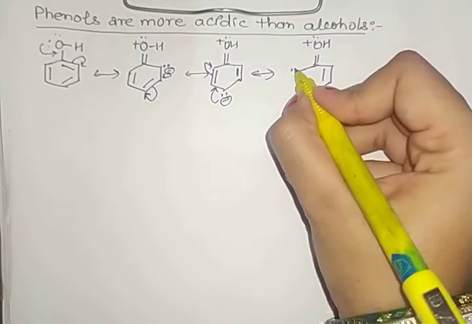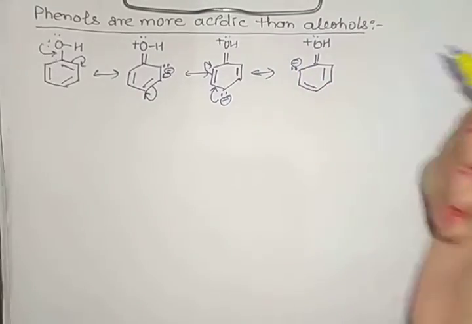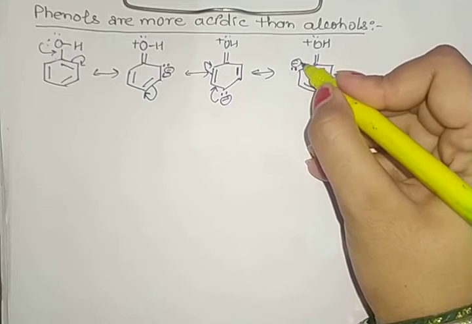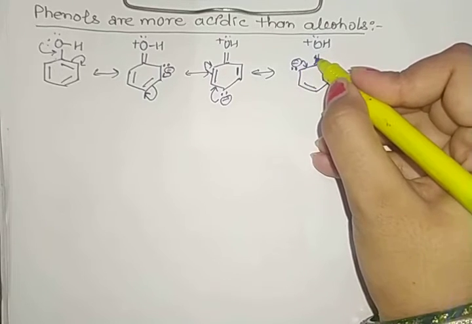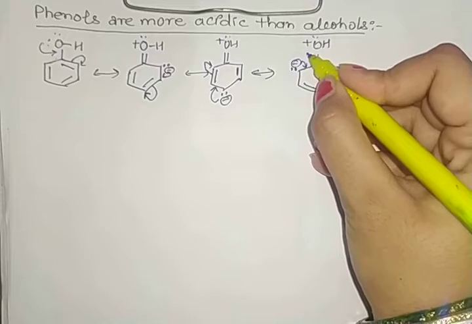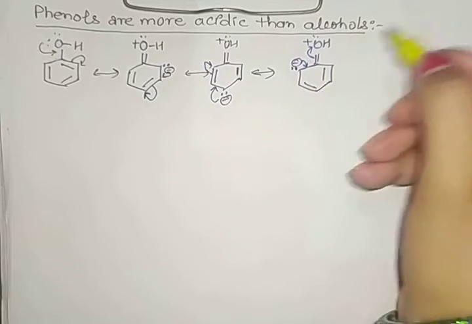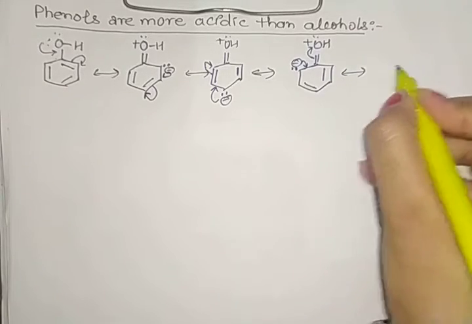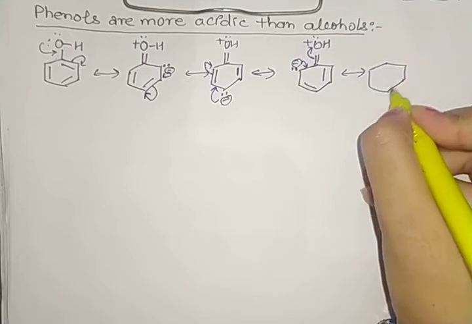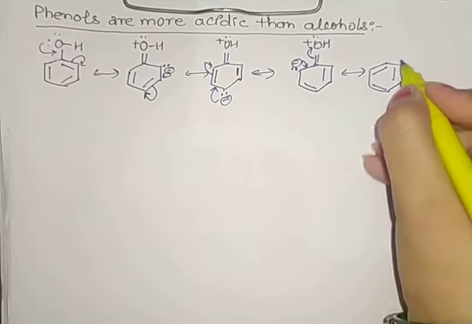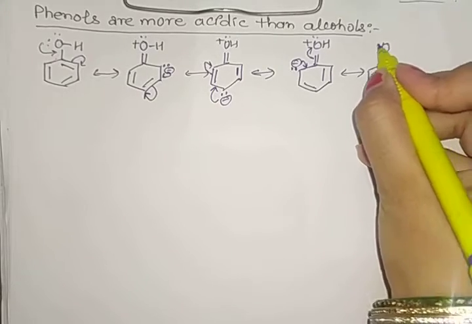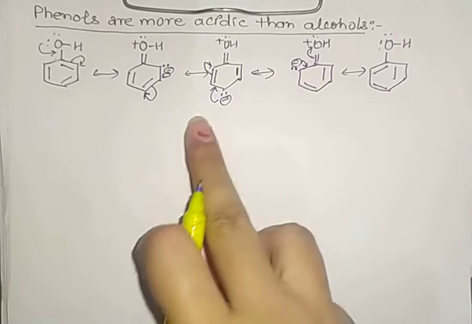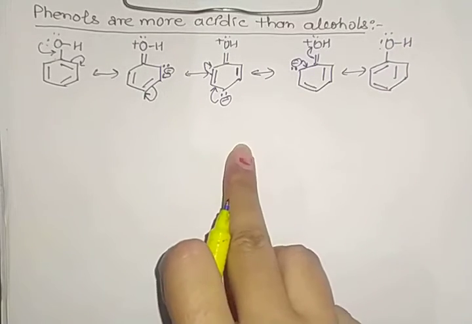Now this electron goes to this side and it will be represented like that. So in the next structure, this electron goes to this position, and now the electron from this double bond again goes to the oxygen. Clear? So the next structure is that, with the bond present here, and we write it like that. Clear? So these are all the resonating structures for phenols.